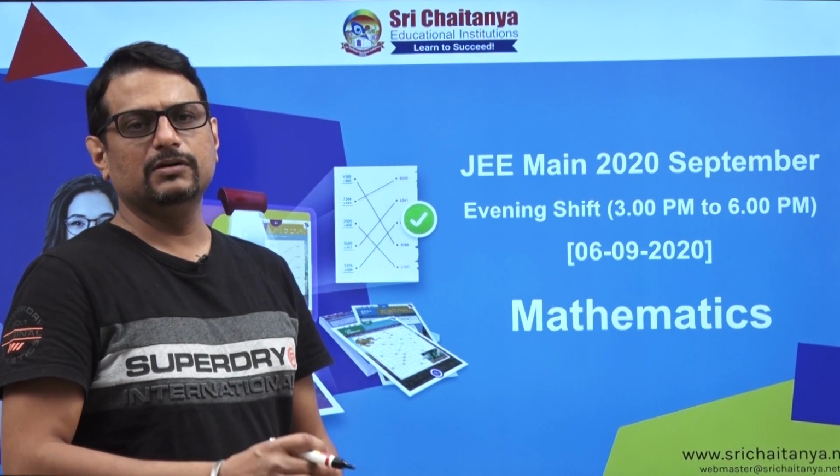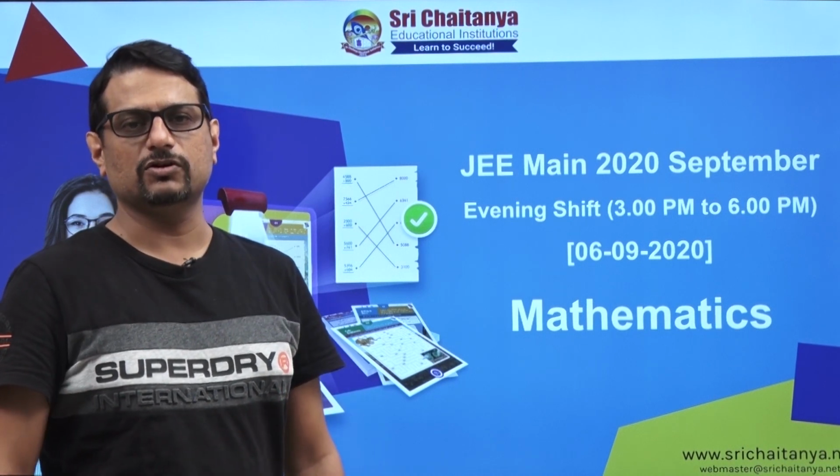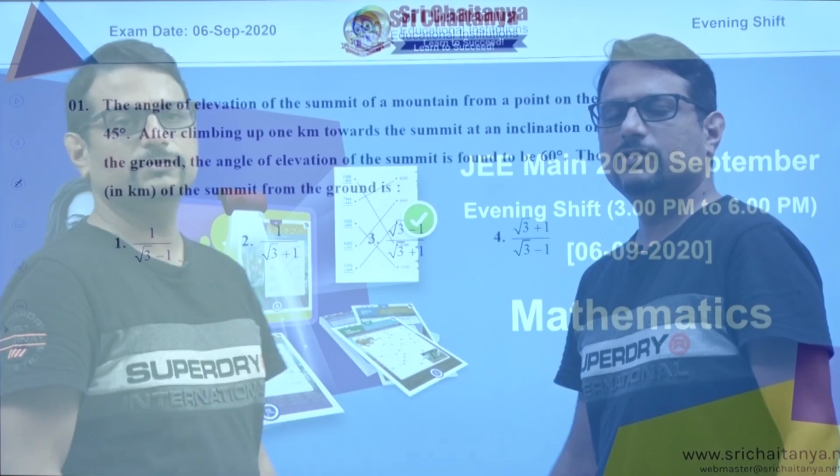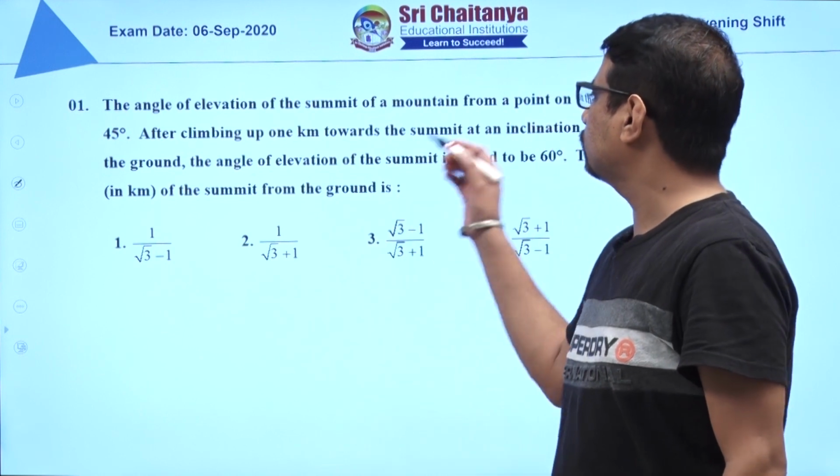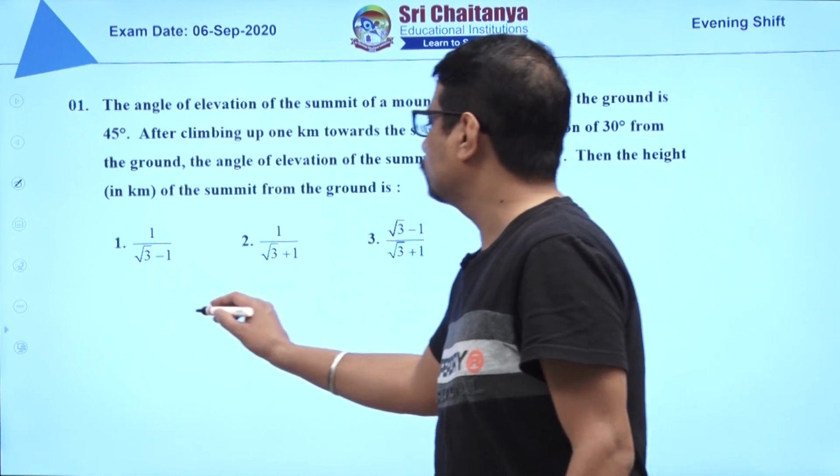Mathematics paper conducted on 6th of September evening slot. Let us move to the questions. So first question based on heights and distance. The question says the elevation of summit of a mountain from a point on the ground is 45 degree, means